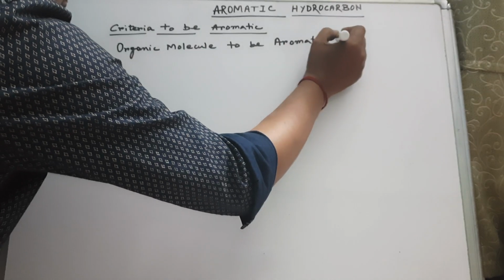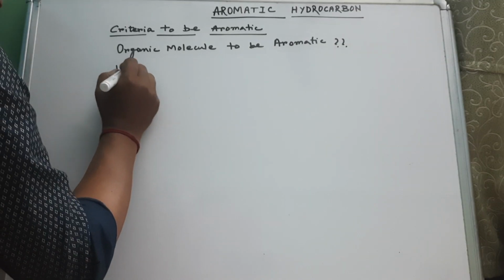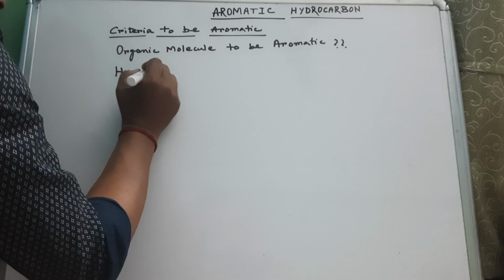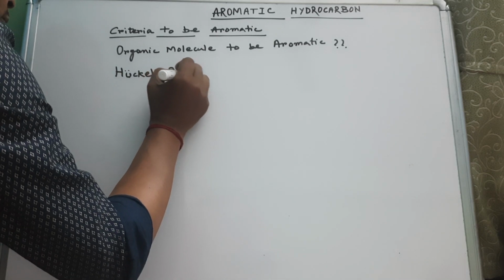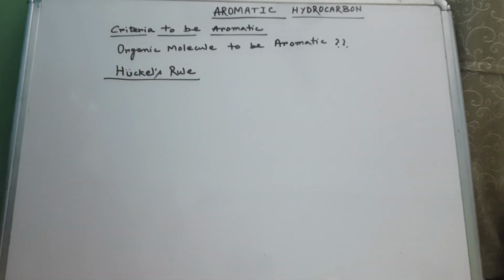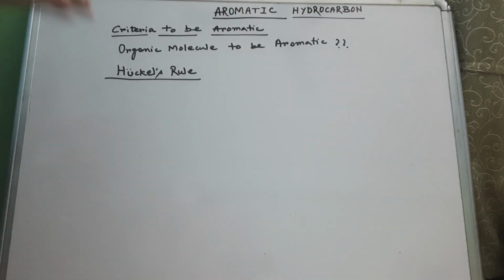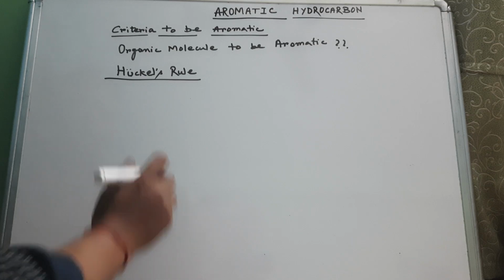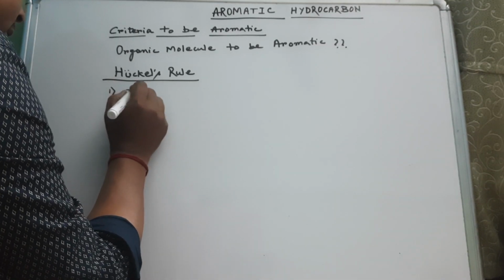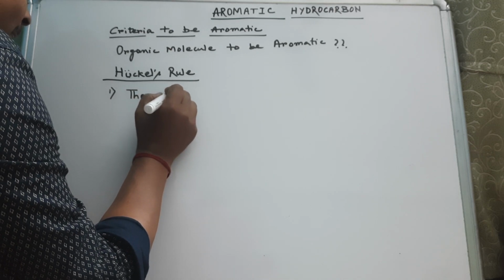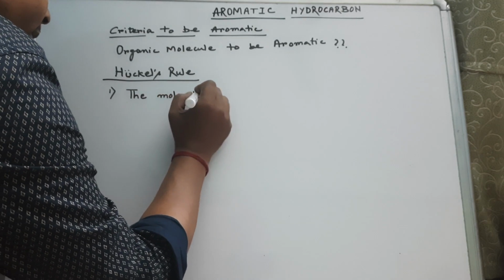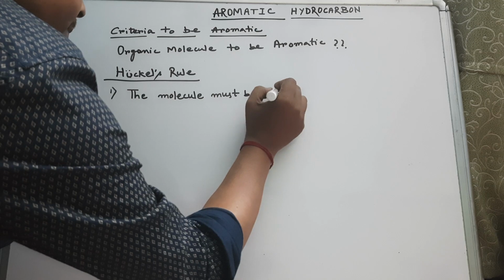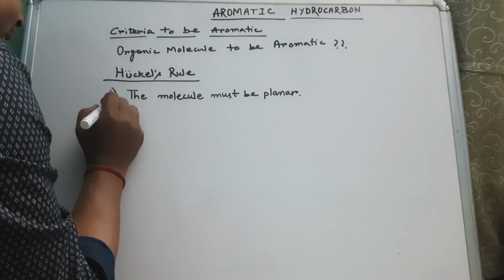Basically, one thing we have to remember is Huckel's rule. We have to remember Huckel's rule. Huckel's rule tells us the exact criteria for an organic molecule to be aromatic. The rule says that the molecule must be planar. This is the main criteria. The molecule must be planar. Okay. Next,